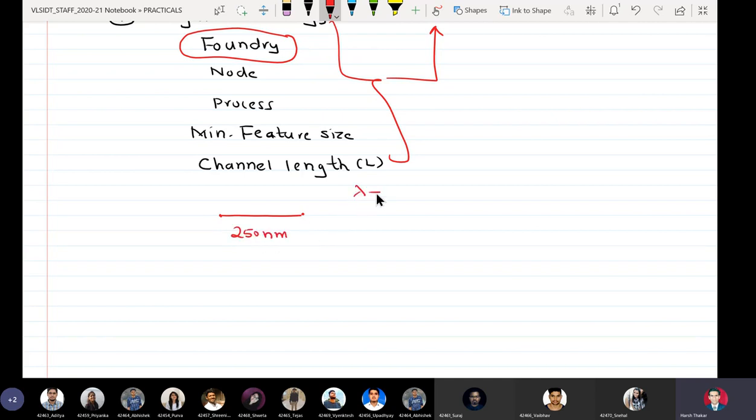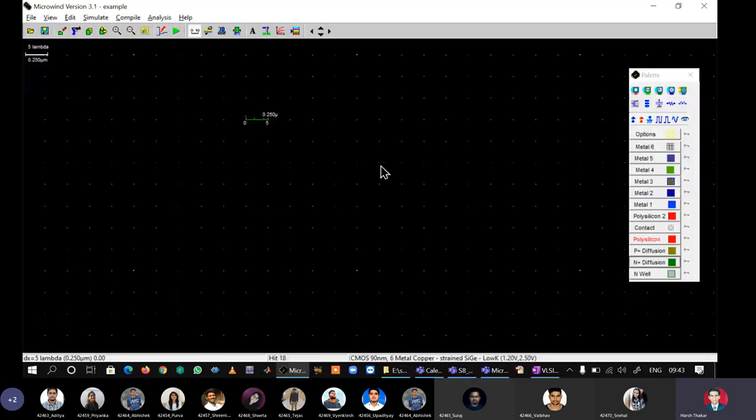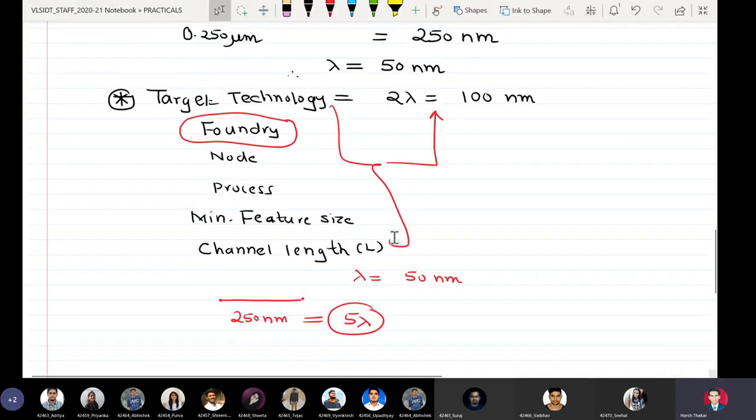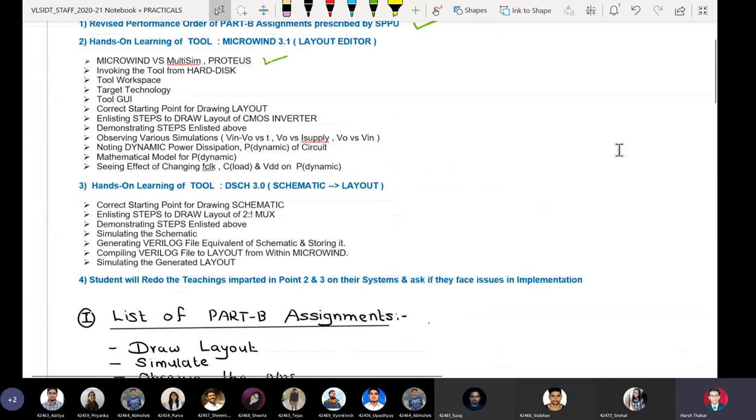Naturally, because lambda equal to 50 nanometers, this is equal to 5 lambda. So this proves that the workspace of the Microwind tool has distances not in millimeters or centimeters but in nanometers. That is why this covers our points.